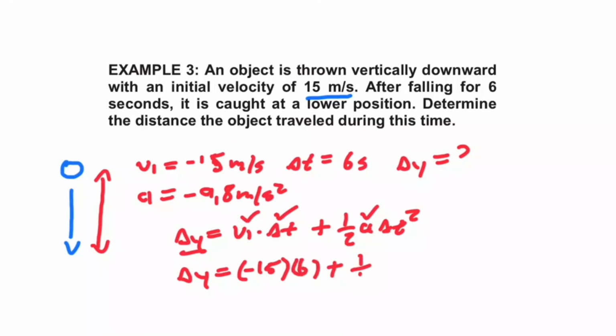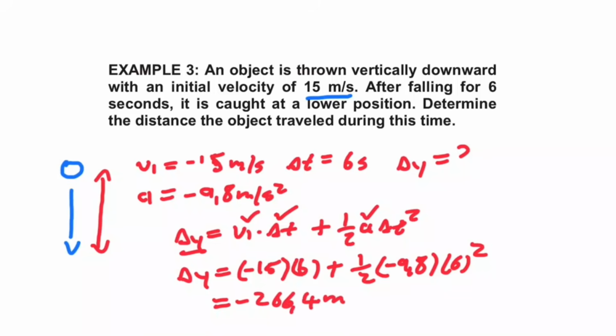Plus a half, the acceleration is minus 9.8, delta t is 6, and we square that. So delta y will be equal to, now it's just a matter of putting that in your calculator, and we will be getting minus